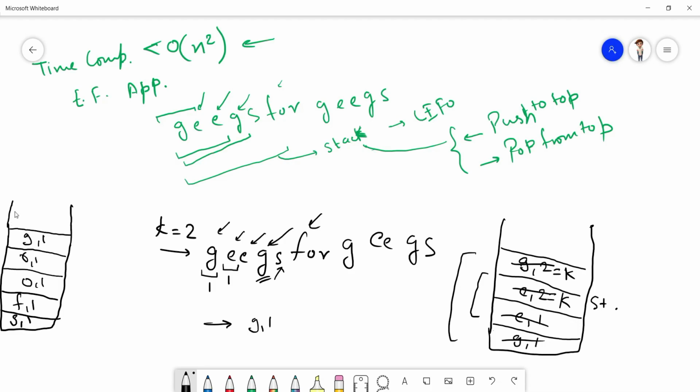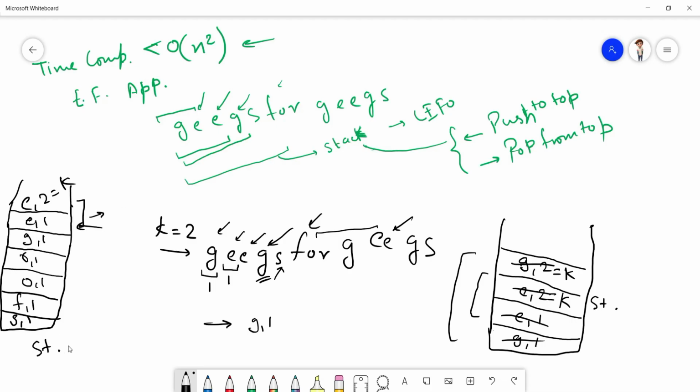Now we come over to E, same thing happens again. Now we come over to this E also. So this part has been done. Now we come over to this E and we see that the top of the stack is equal to E also. Now we increase the counter, and as soon as the counter becomes equal to k, we will remove the top k elements from the stack.